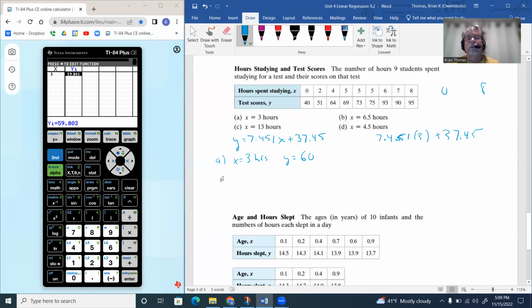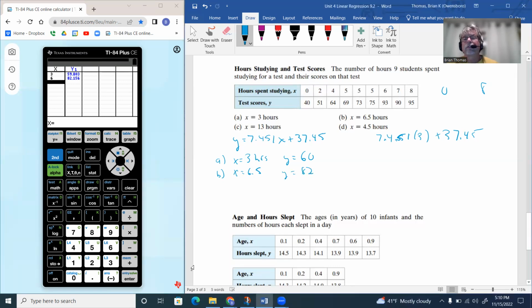So if we want to do B, it is 6.5 hours. That seems reasonable because you can study 6.5 hours. That's like 6 hours and 30 minutes. So that's a meaningful value. So if I put 6.5 in for X over here, so I have to move my little cursor back over there. And if I hit enter, that'll give me 82.1. So Y would equal